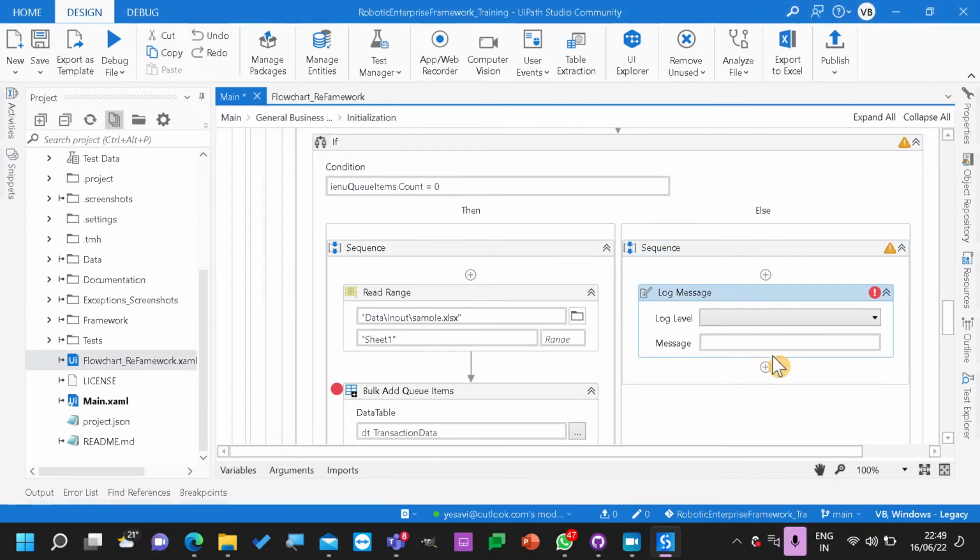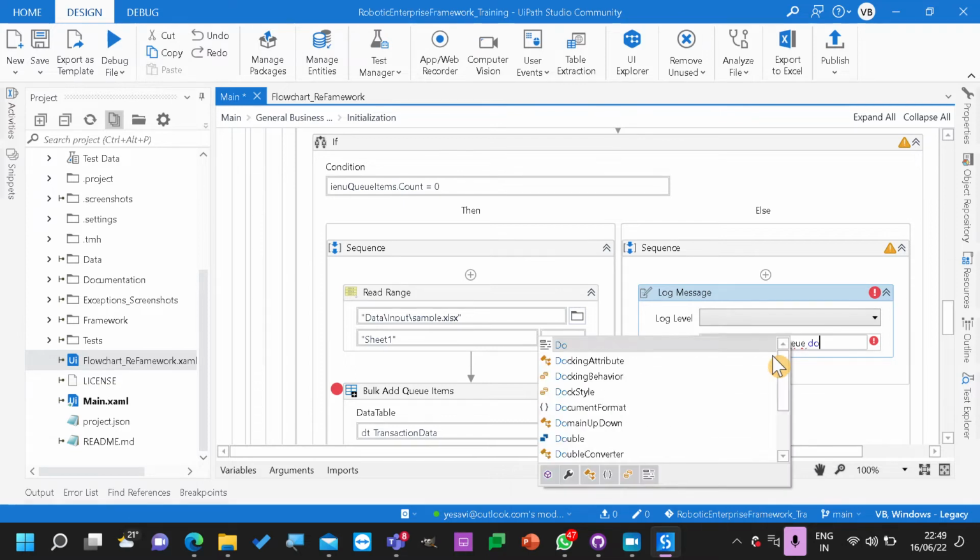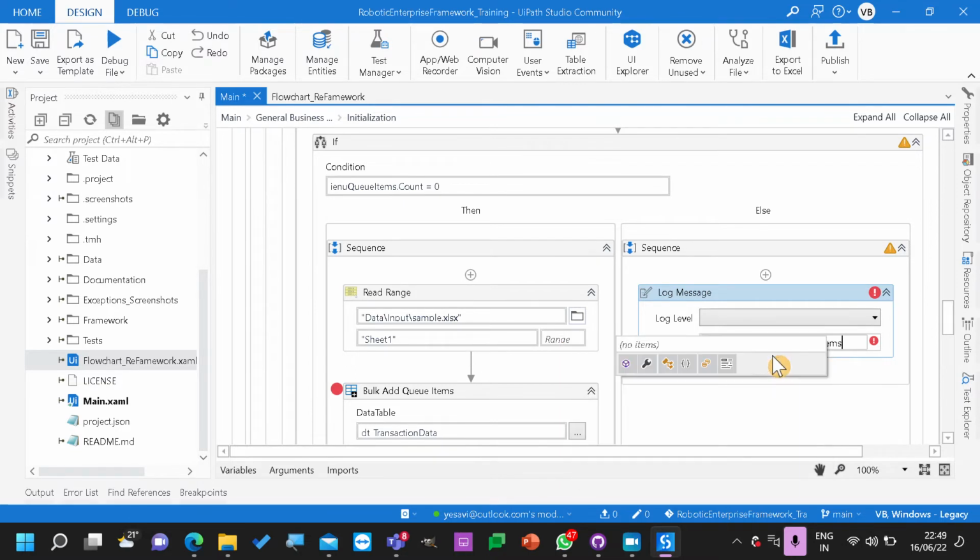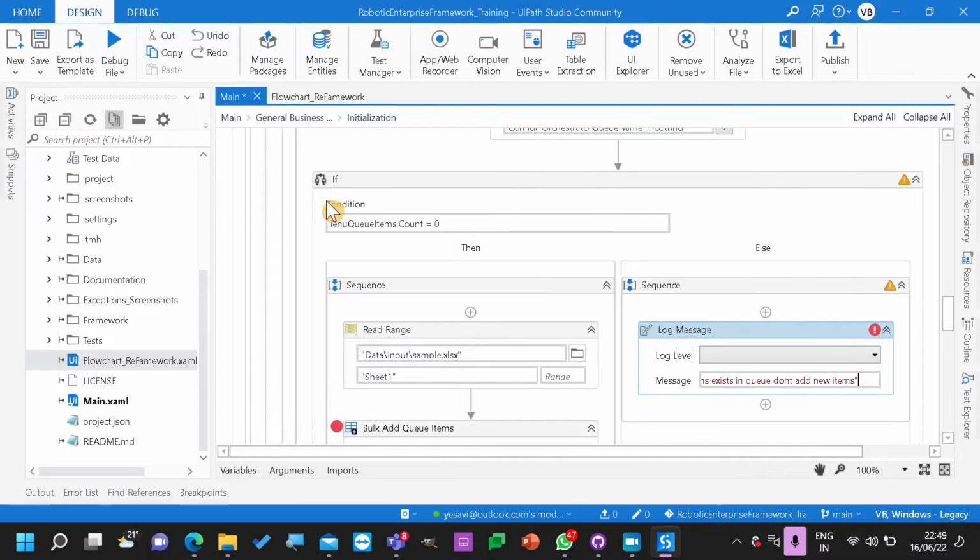So if we already have information in the queue, don't add new items. What I'm telling is, if there is any new item, just go ahead and don't add anything.